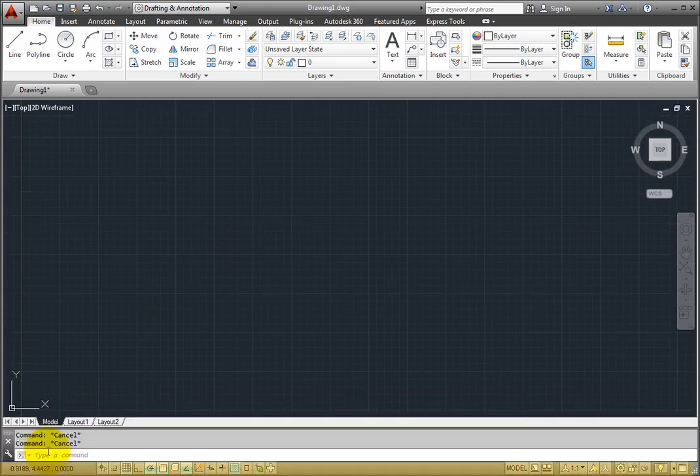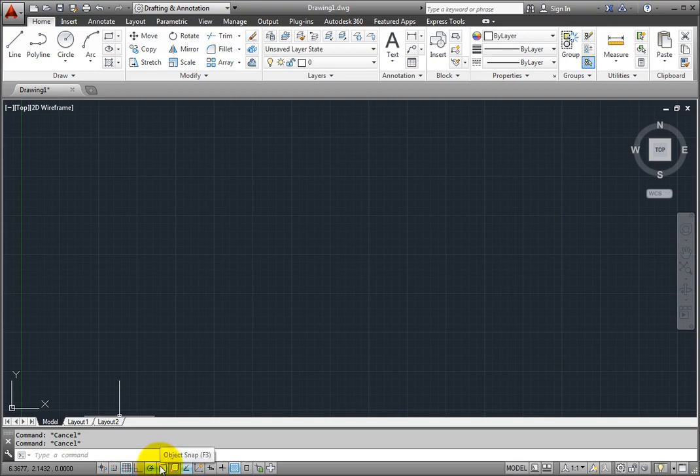At the bottom of the window is the status bar, which contains a number of tools. For example, the current coordinate of the cursor is displayed in the lower left corner. To the right of the coordinate display are a set of tools for controlling various drawing aids, such as inferred constraints, snap mode, grid display, ortho mode, polar tracking,